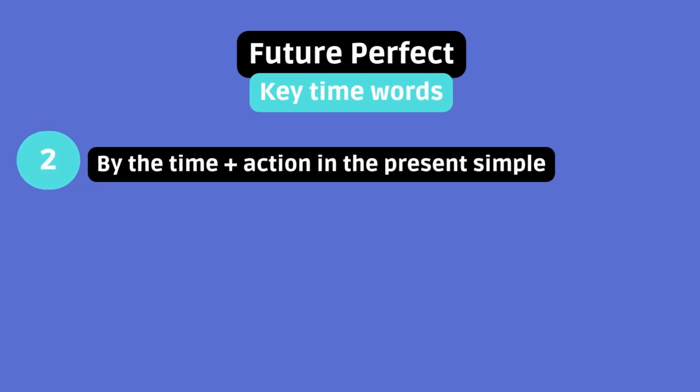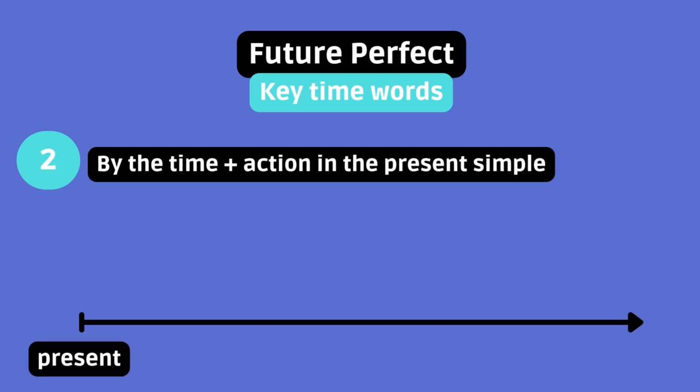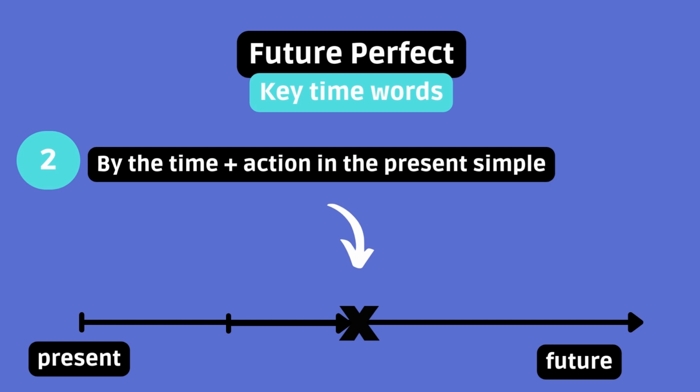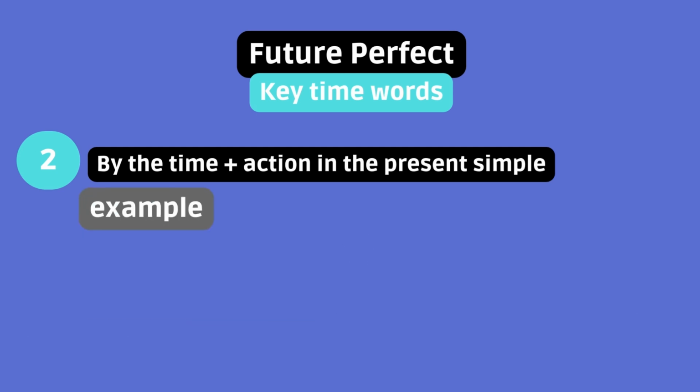By the time plus action in the present simple. By the time and an action in the present simple can actually mark an event in the future before which another action will have happened. It's similar to using by. The difference being that a future action acts as our benchmark for a future moment. Example,